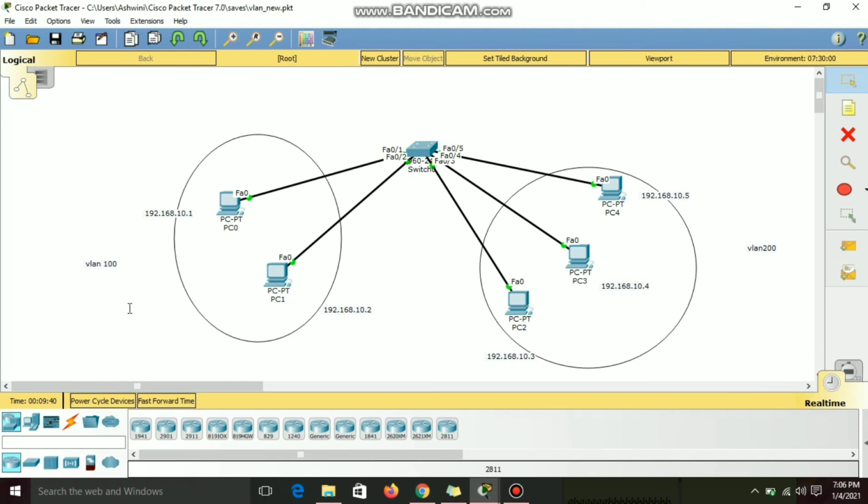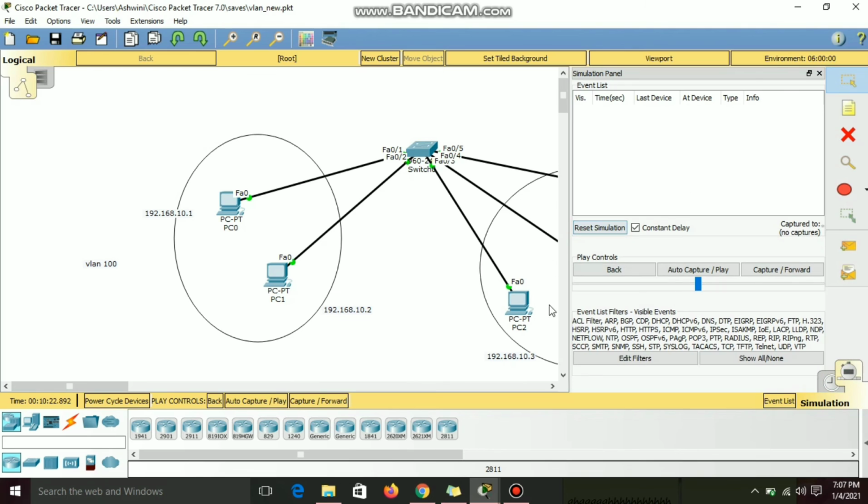You can understand the concept better by seeing how the broadcast works here. If all the PCs are in the same VLAN, for example, if this PC wants to communicate with this PC, when it doesn't know the MAC address of this PC initially, it has to send an ARP request. The ARP is a broadcast, so it will send the ARP request as a broadcast to all these PCs. As we have separated the LAN into different VLANs, when this PC sends a broadcast, the broadcast packet will be received only by the hosts of that VLAN. So let's see that with the help of a ping request.